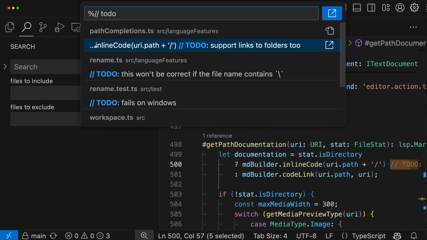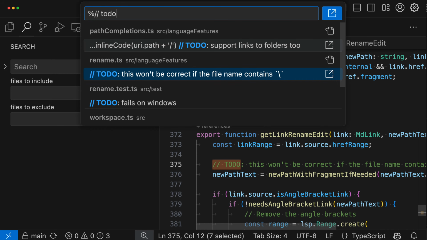The quick search results are going to display the file name and then the results within the file. So in this case, I have a couple different results here. If I arrow through the list to preview these, you can see that I get a nice preview of the actual search result down here. Once I find the result that I'm after, I can just click on it or press enter and I'll navigate